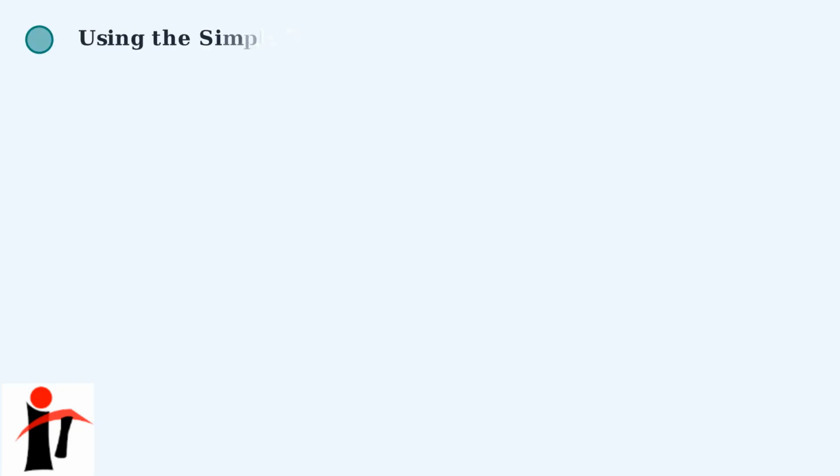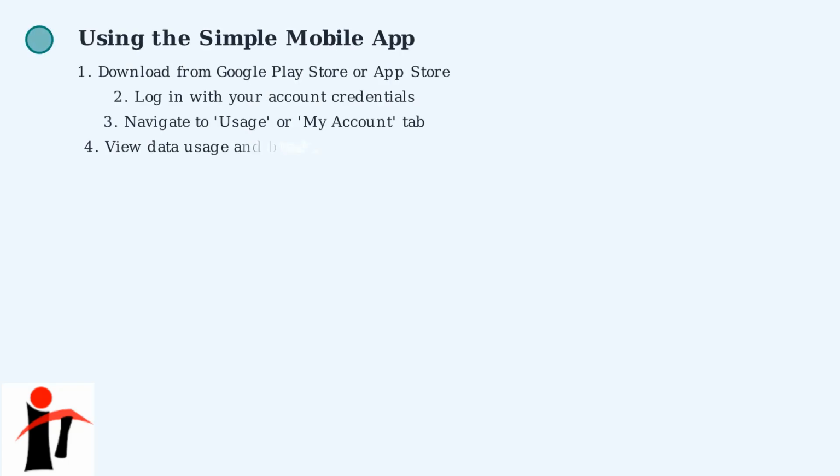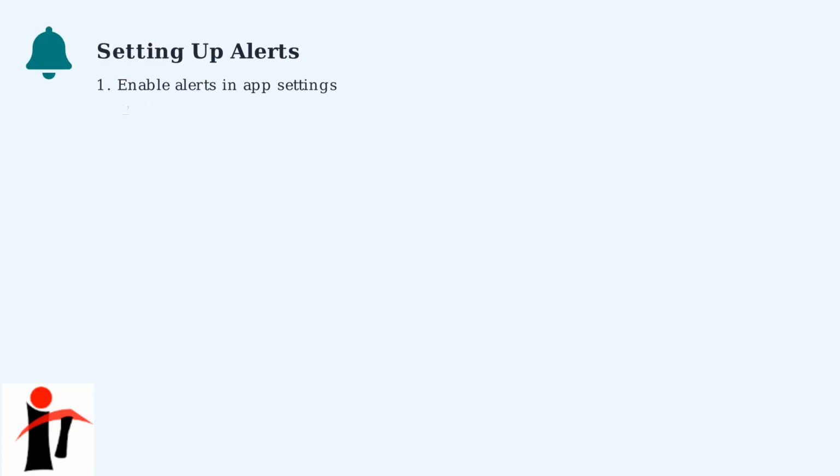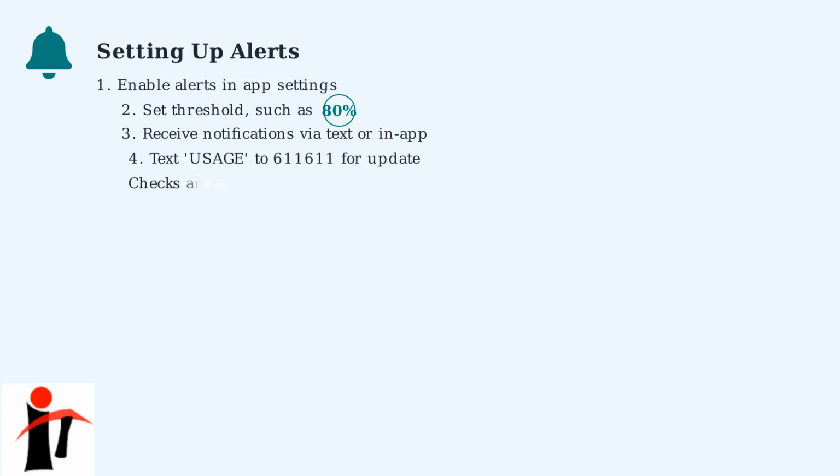Simple Mobile provides several easy ways to monitor your data usage and avoid overage charges. The primary methods are through the Simple Mobile app, the online portal, and automated alerts. The online portal, accessible at simplemobile.com, offers similar features and is ideal for desktop users. Finally, enable alerts in the app settings to receive notifications via text or in-app when you reach a certain data